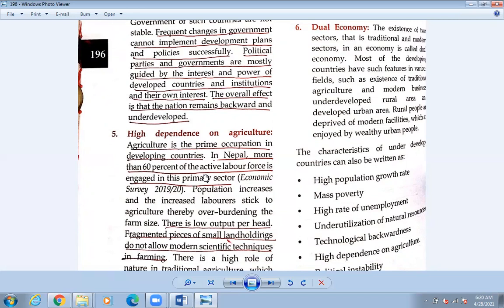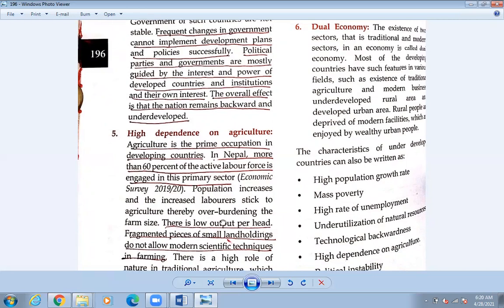What to do after that one? Okay, so they cannot do the work. Okay, so that's why they are dependent upon other things. Okay, so if they are dependent upon the agriculture, yeah, so they cannot have a good income. Okay, so the economy cannot be increased. Okay, so that's why, being dependent on agriculture, the country never rises.